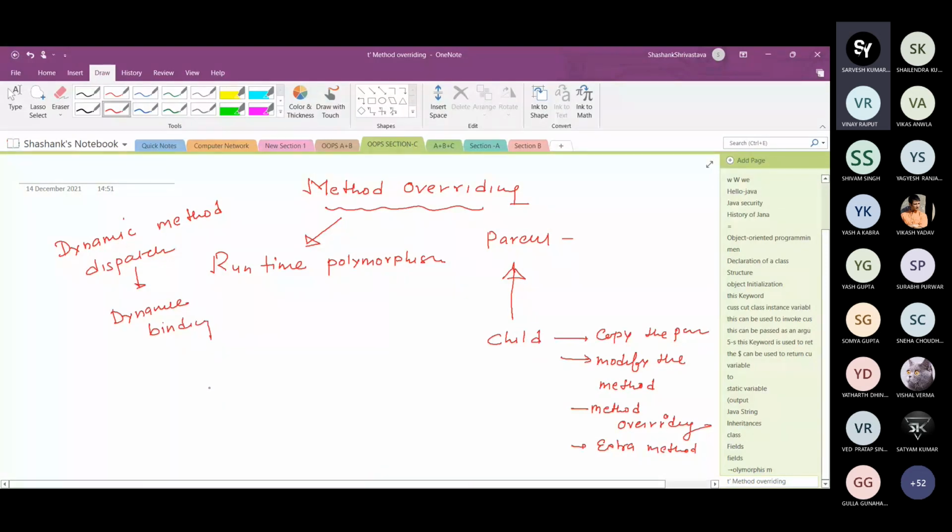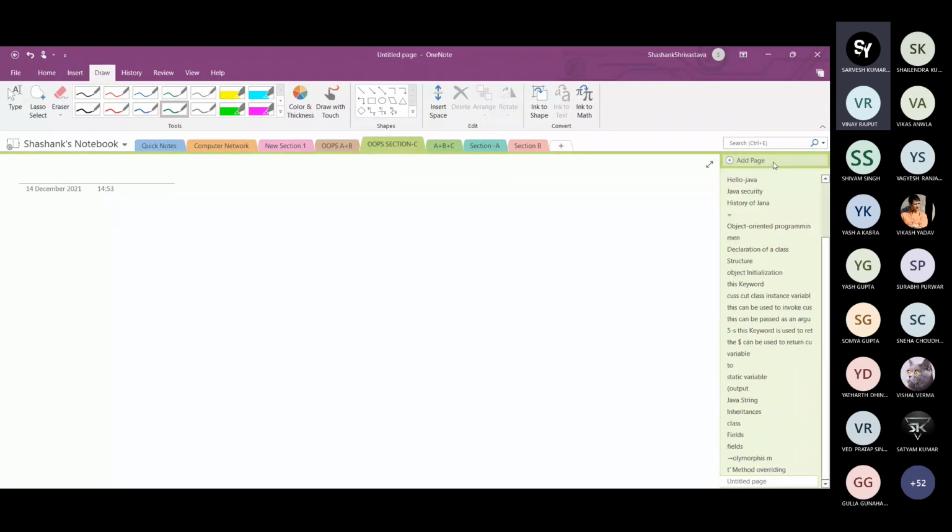Now come to the different cases of method overriding, which is interesting here.